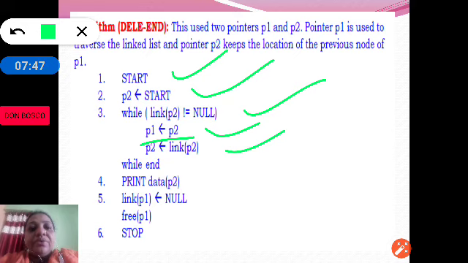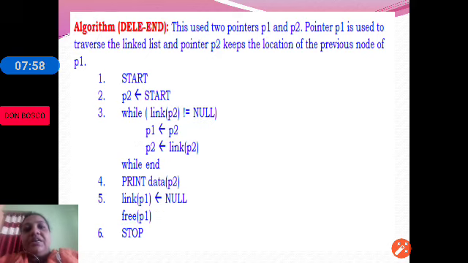And then we are printing the data, and we are making the link of P1, the second last node, null, then free P2. Then we are deleting P2. Like this we can delete the node at the end. Before deleting, the previous node, the second last node, we need to make its link null.